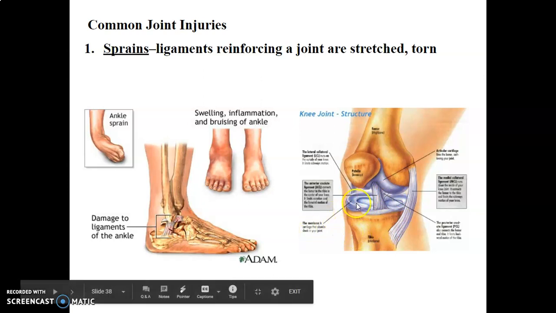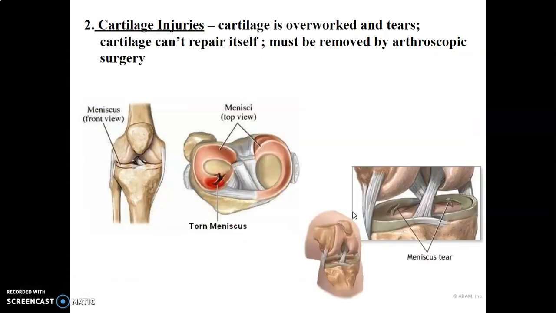You hear about the meniscus at times. The meniscus is a cartilaginous injury, which brings us to this next kind of one. A cartilage injury. You hear about this meniscus being torn. Meniscus is simply a part of cartilage that is in many types of joints. Primarily we hear about it with our knee, but when this is torn or it's overworked maybe, it can't repair itself. In some small tears and injuries, cartilage kind of can fill in those gaps, but large-scale tears